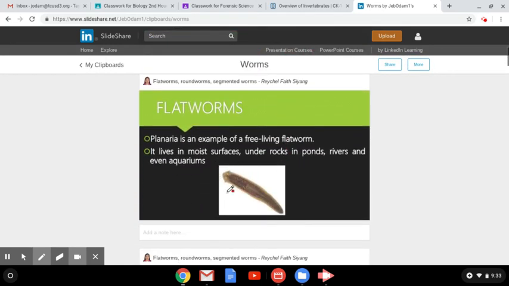Probably the most basic and best example of a flatworm is the planaria, and you've probably seen a picture of this at some point growing up. Planaria is that black worm that's very flat, that has two little eye spots right there. And right there at the beginning, we see the beginning of a brain. It's no different than our body plan. This would be the head area. This is going to be the tail area.